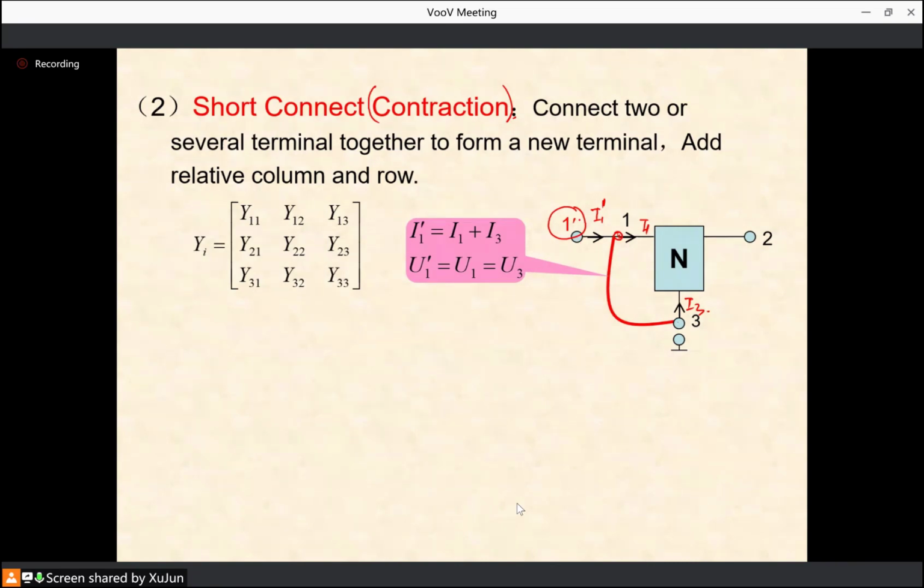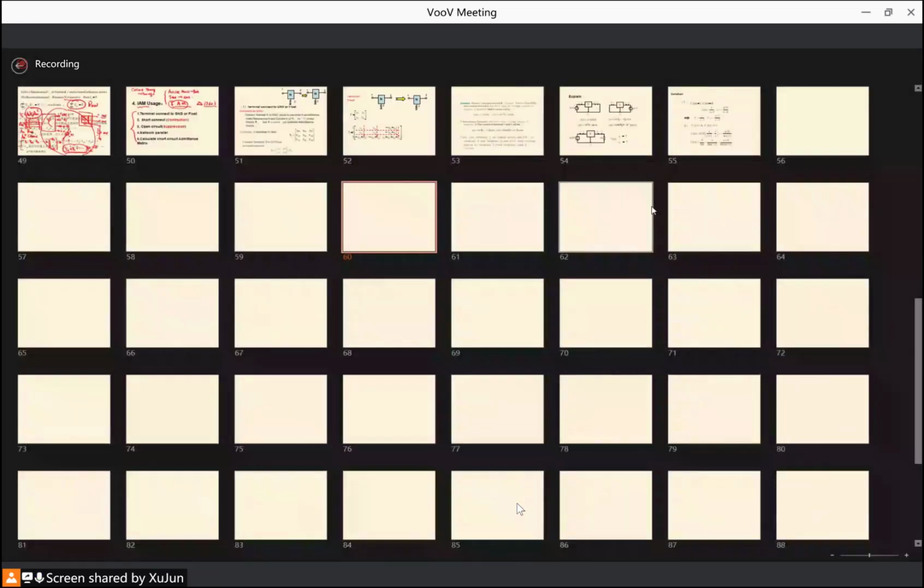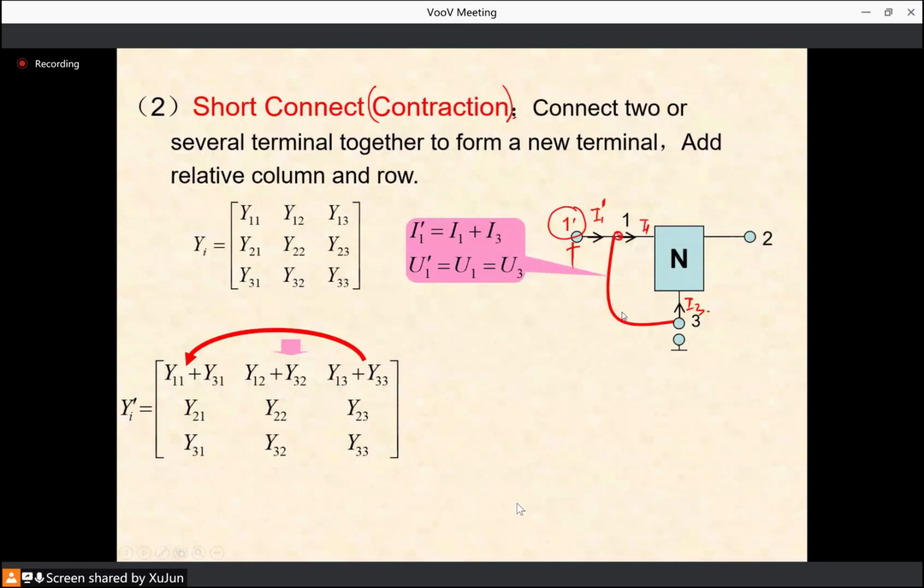And this is U1 sharp, from this point to the reference. U1 sharp will be U1, which equals U3. So we change this network from 3 nodes to 2 nodes. Then we need to